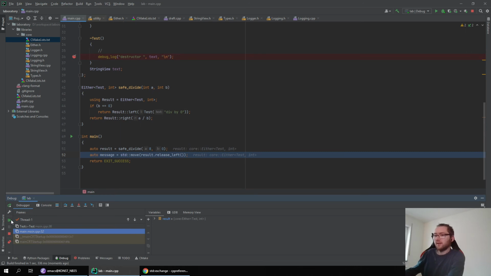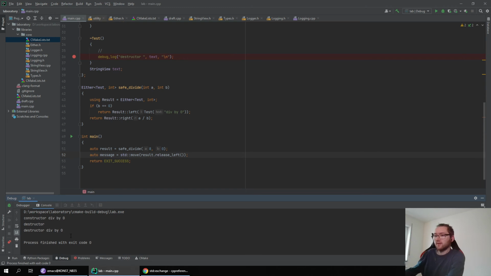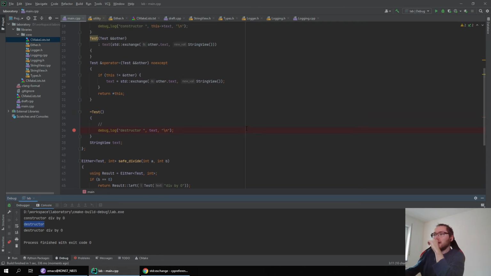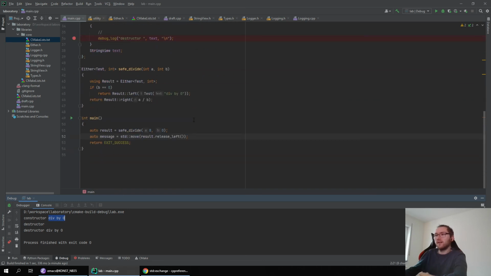I did not expect the first one. Also, it just prints destructor. It was destructed, but it was moved. So now it's fine. Because my string view is empty, it just prints destructor's base. The error message doesn't get printed since my string view is empty. So it actually works now.